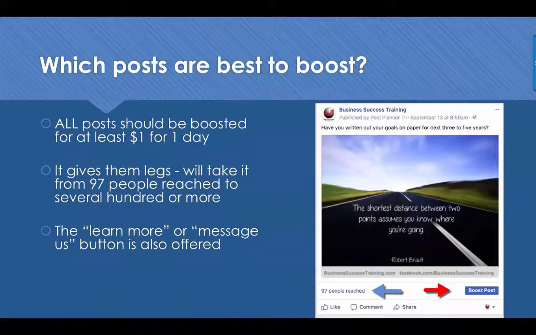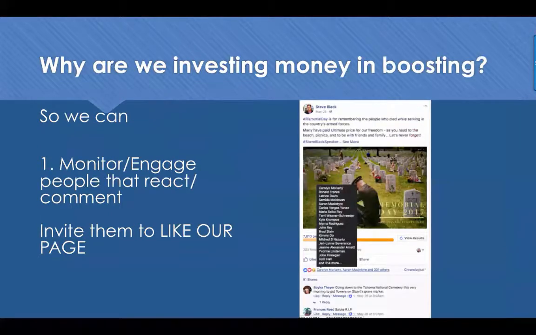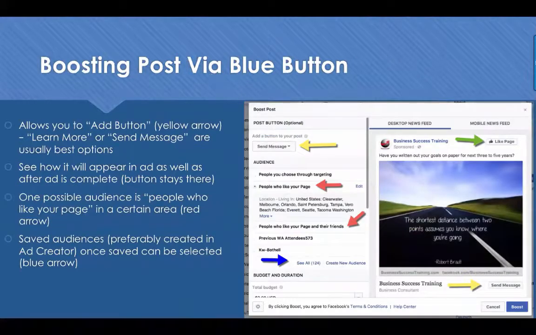Right now in 2017, I would rather have somebody message me on Facebook than give me an opt-in of their email address, because they don't check their email, but they're on Facebook all the time. And if I can get them to initiate messaging me, let me show you what I mean. If I could get them to send me a message, I can set up the Facebook bots to automatically follow up with them.